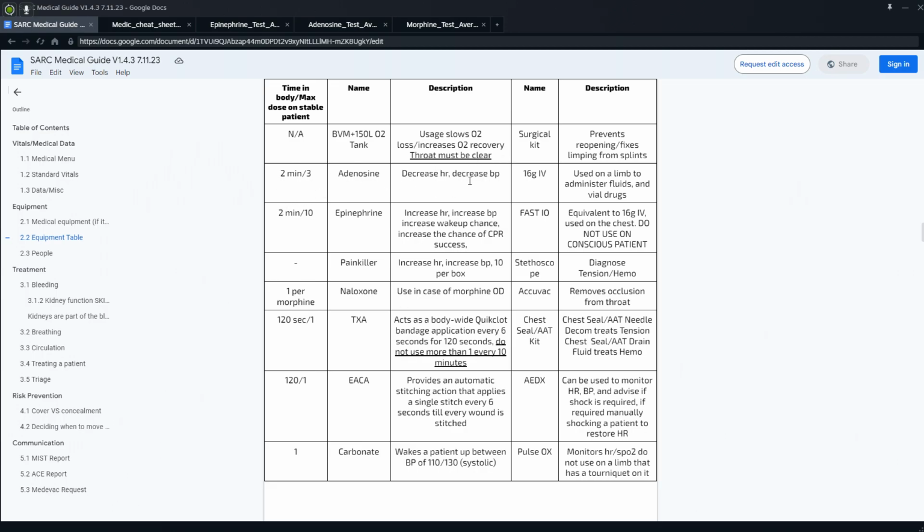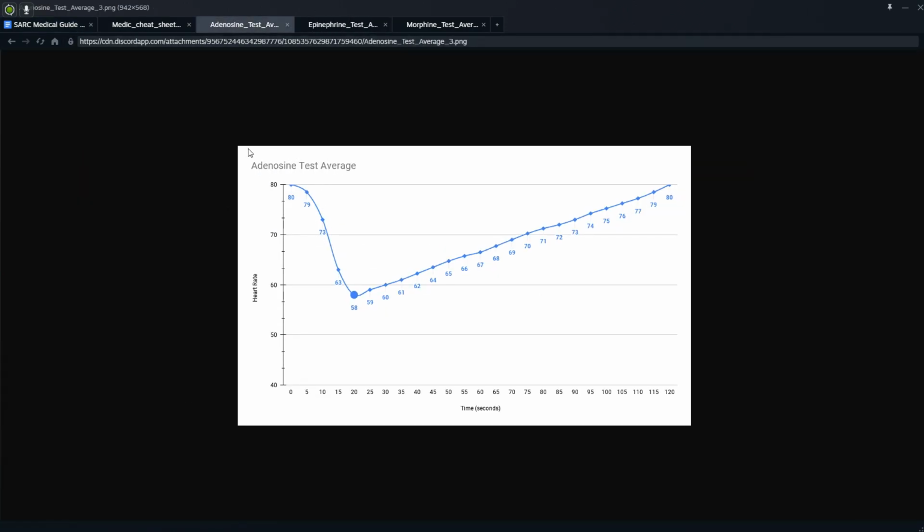Next is adenosine. This is an auto injector, so you stab it into someone, no IV required. It decreases the heart rate and decreases blood pressure. This acts for about 2 minutes, and you can give about 3 of them on a person with the starting heart rate. If we go ahead and have a look at our test values here, here's a little chart of